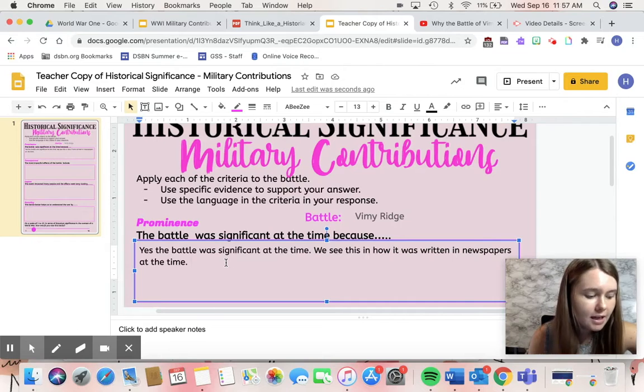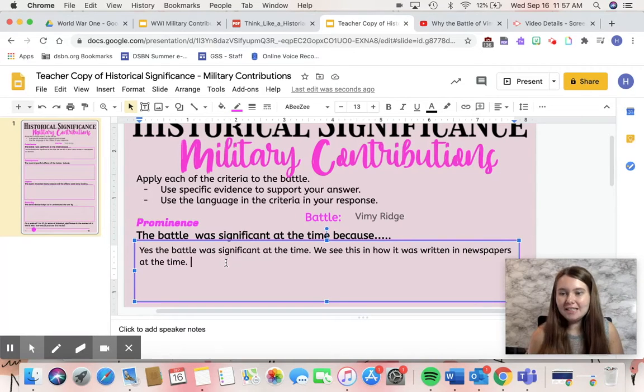In the English source, the Globe, it was very much portrayed as something that was significant. In fact, the opening line is, "The Battle of Arras is the greatest victory we have yet gained in this war." So right away, they are setting the tone that, yes, this is significant to us. So let's add that in. I've said, yes, the battle was significant at the time. We see this in how it was written in newspapers,